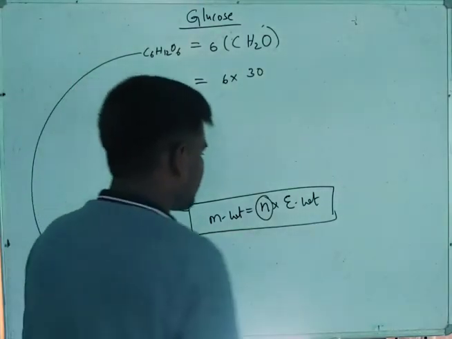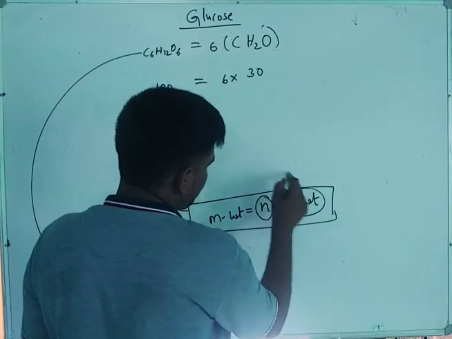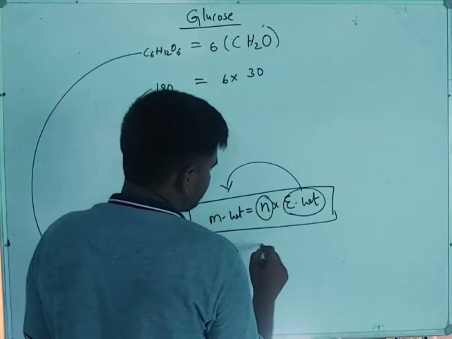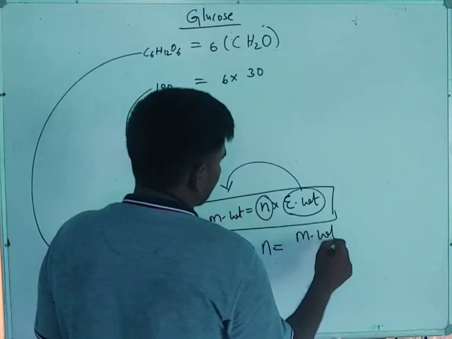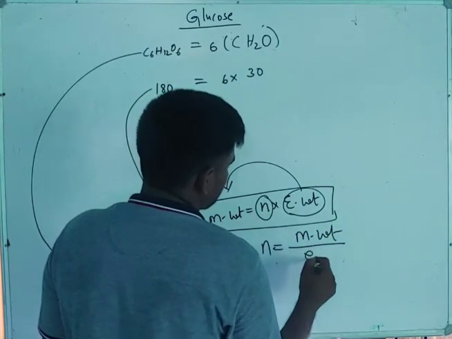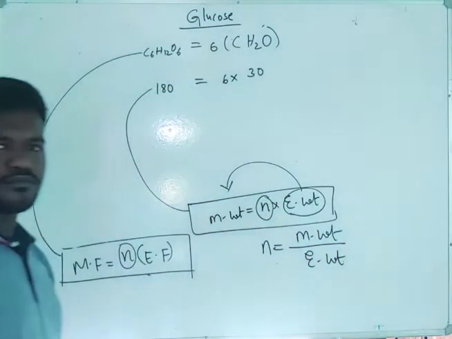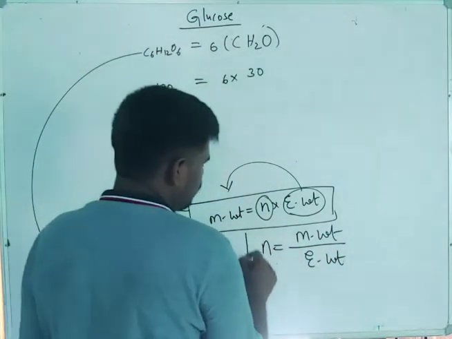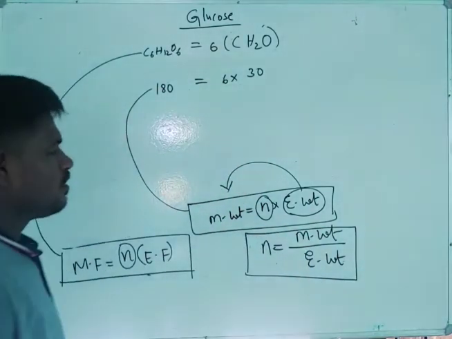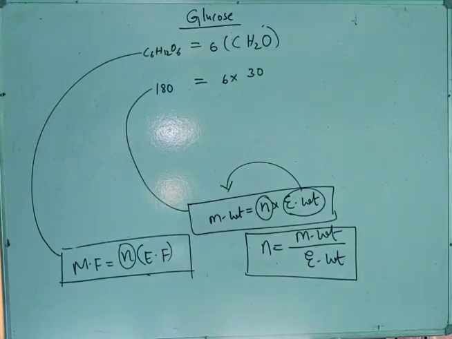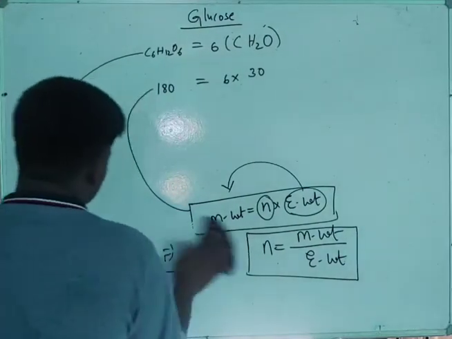And this formula guys, I am modifying like this. Now this one you bring on the left hand side. Then here N is equal to molecular weight by empirical weight for a particular compound. Okay, so now we will use this formula for deriving molecular formula from the empirical formula and some data. So now let us see one problem, guys.